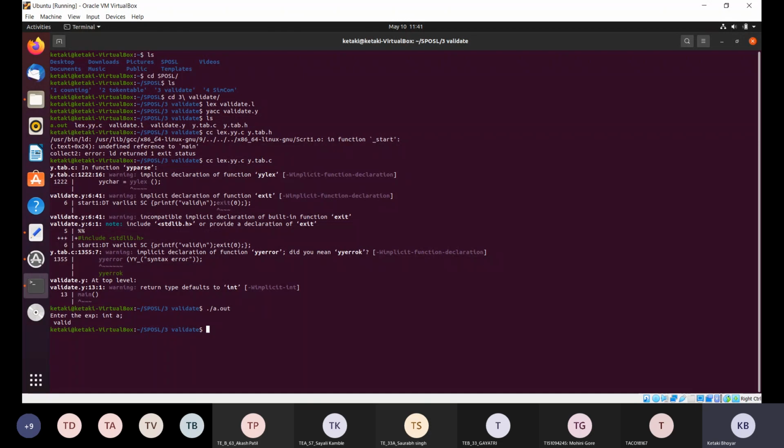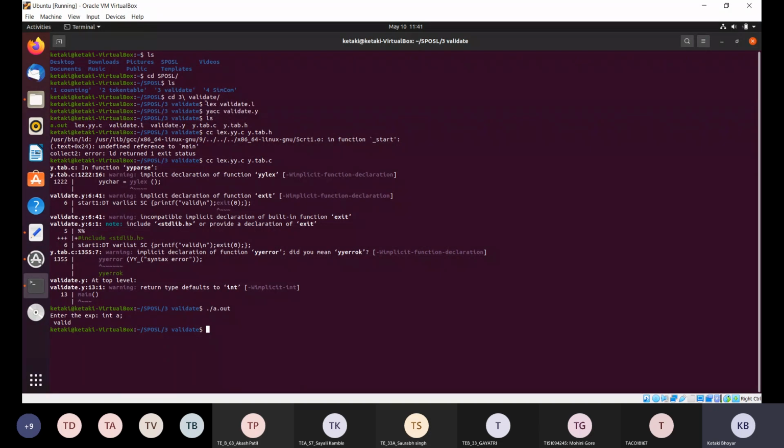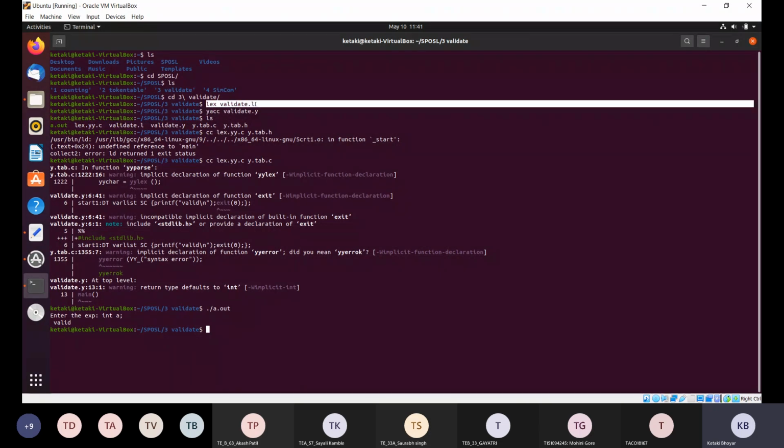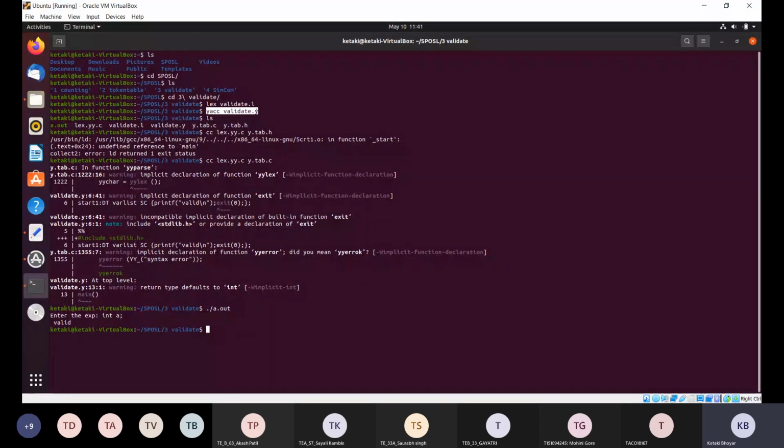Just remember these steps. First, use the lexical analyzer, that is lex filename.l. Then yacc, that is the syntax analyzer, yet another compiler compiler: yacc filename.y, which will generate some files.